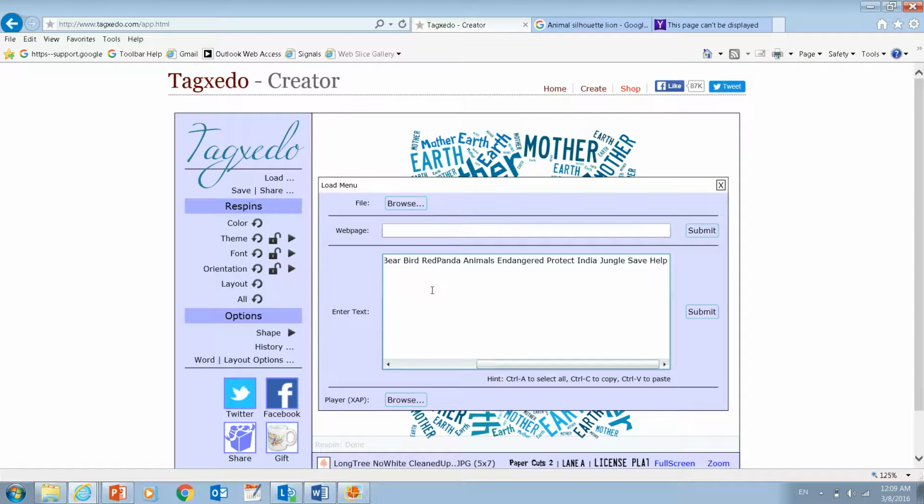Now one thing you can also do is put your own name here. So for example, I'm going to put Vineet. And one other thing that I'm going to show you in just a minute is that if you like a particular animal a lot and you want more of that word to appear in your artwork, you can do that. So for example, my favorite animal is a lion, so I can put lion, lion, lion, lion a few times. And also I want to put endangered,